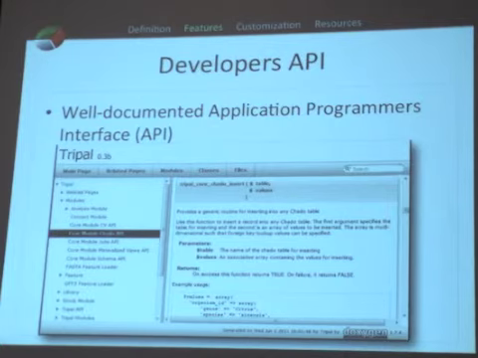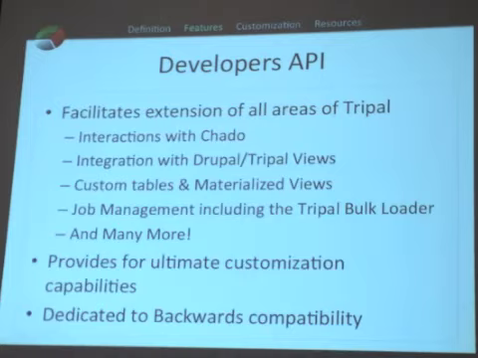This is an example showing you how documented this API is. We actually have our own Doxygen site that shows you all of the comments that are in the code. It tells you which functions are available, what those parameters are, what the return is. It even has example usage code for using a lot of this functionality. Our developers